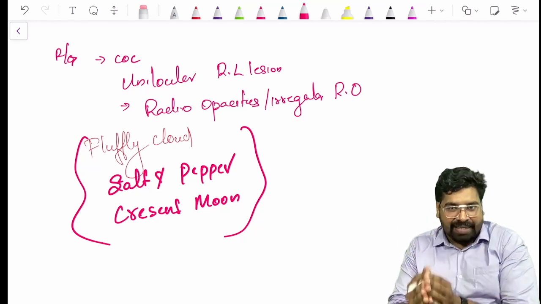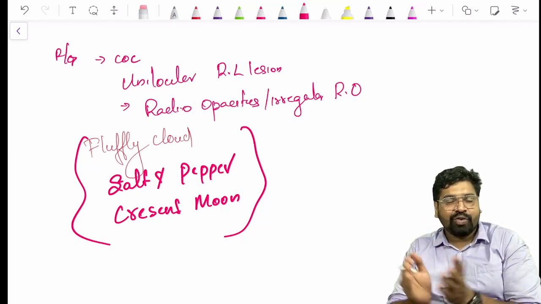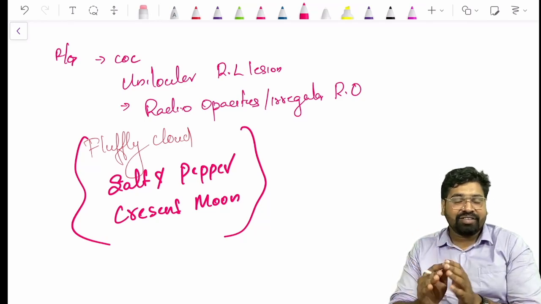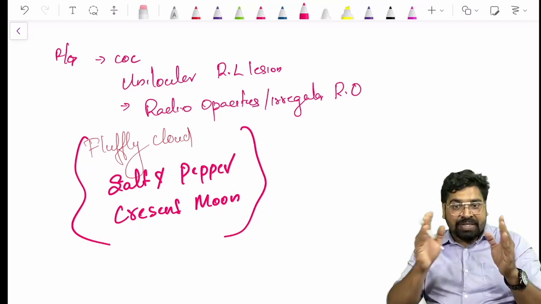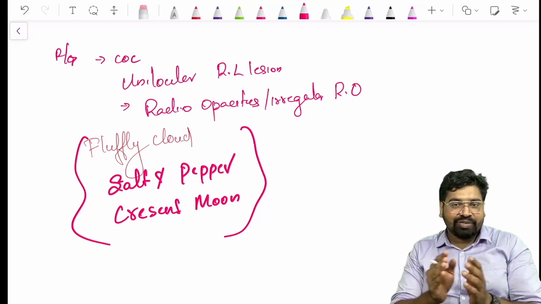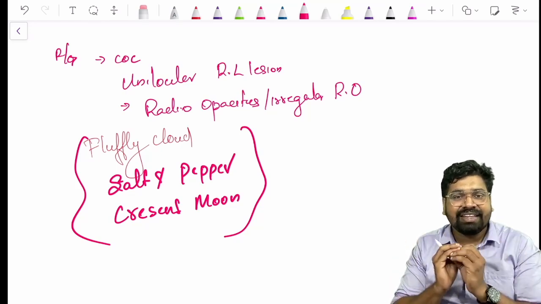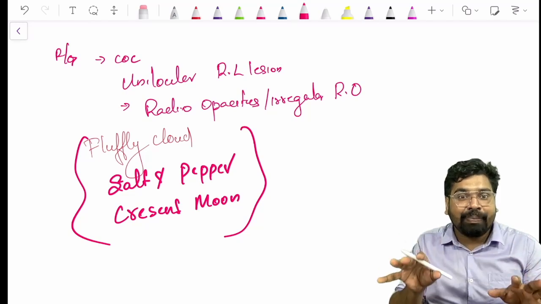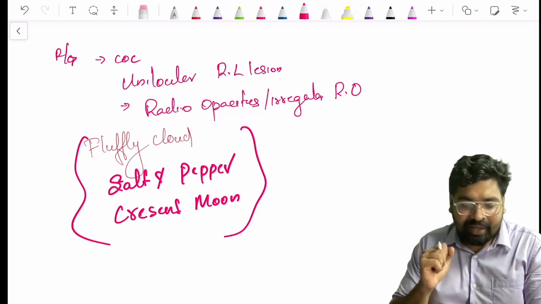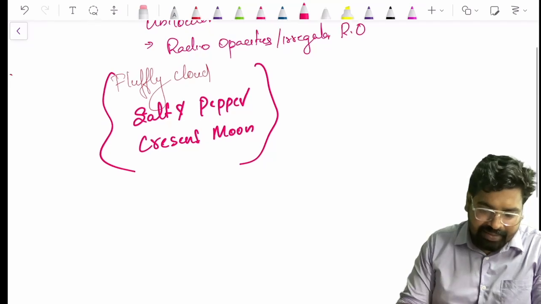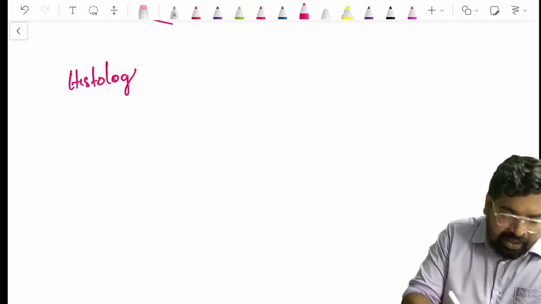Okay, so this is a cyst. The peculiarity is that so far we were seeing only radiolucencies. In dentigerous cyst, it was a radiolucency with well corticated, very smooth margins. In OKC, it was a radiolucency with scalloped margins. In COC, we have a radiolucency with a good smooth margin, but it has some radio opacities inside that look like a fluffy cloud, salt and pepper, or crescent moon appearance. So this is one thing. Now the next thing is about the histology. What you see in the histology,